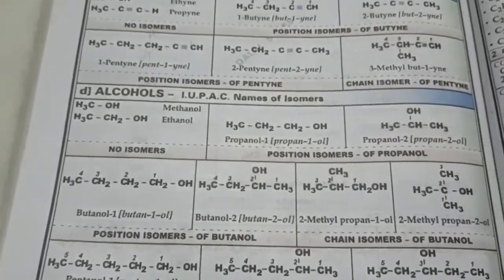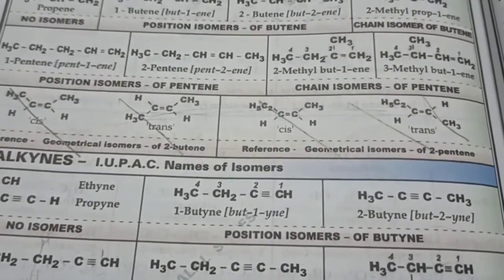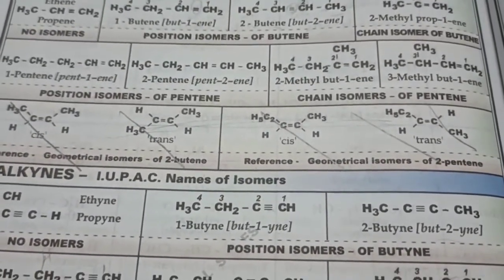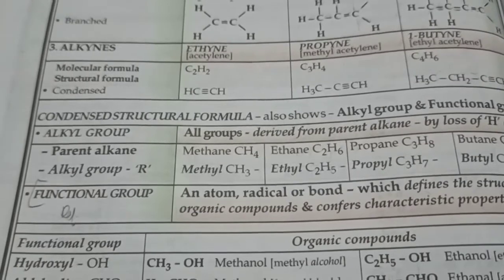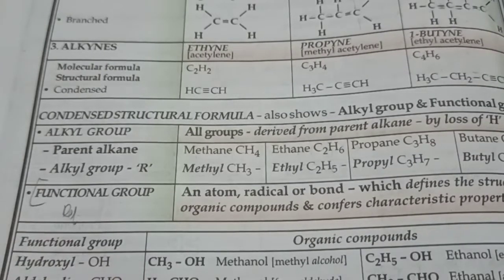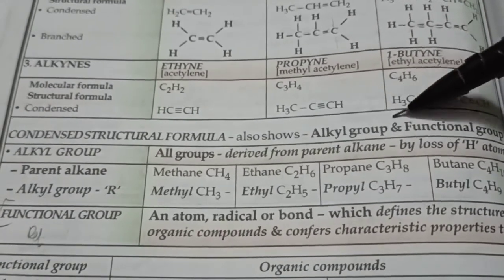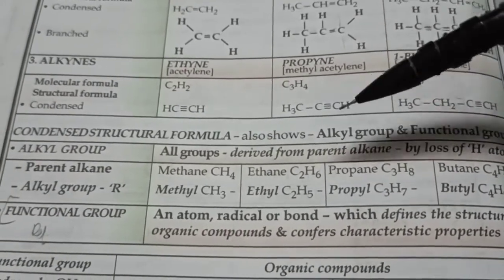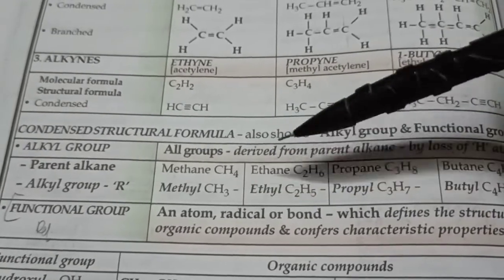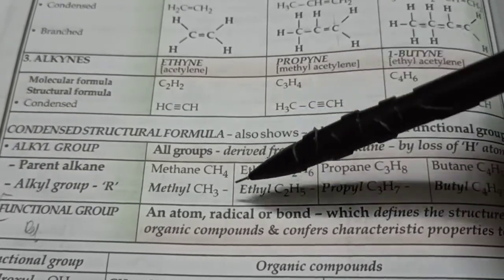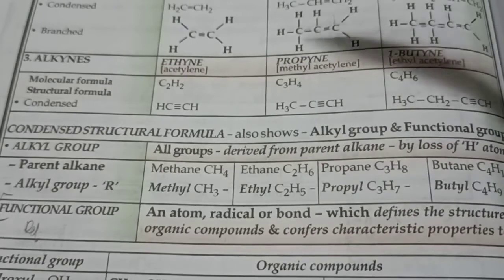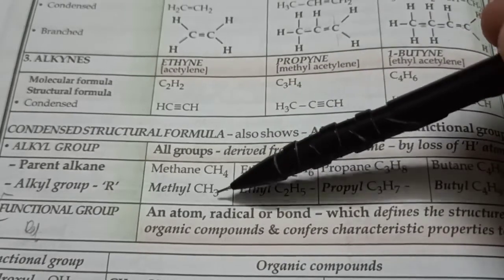Fortunately, alcohols is not in your syllabus. You don't even have carboxylic acids. So before we start learning the IUPAC rules, let's study a few more basic terms. Now, there's a new group called alkyl groups. Whatever parent alkane we have, like methane, ethane, propane, butane, if I remove one of the hydrogen atoms from it, it becomes the alkyl group of it.